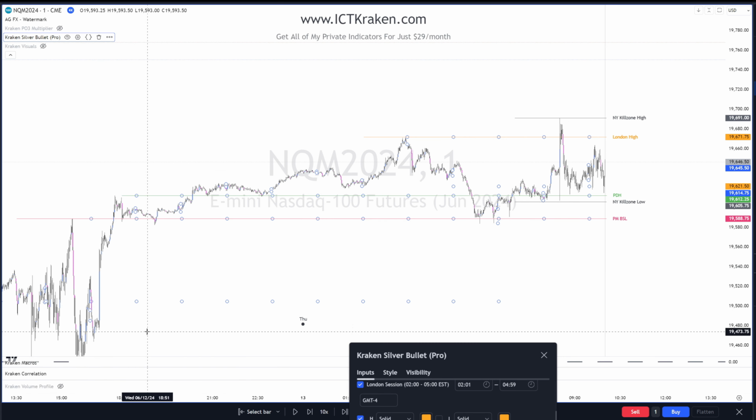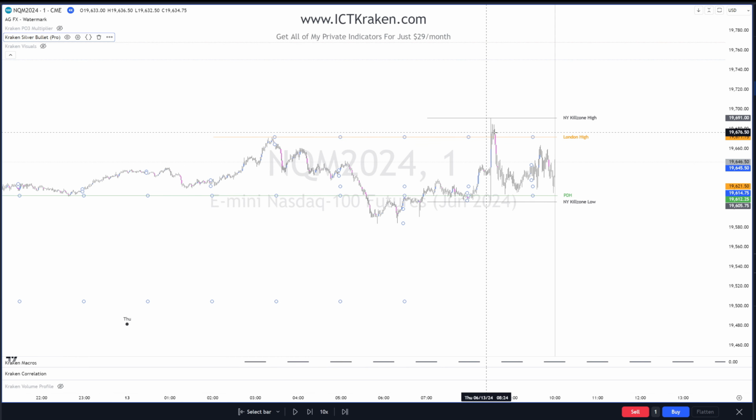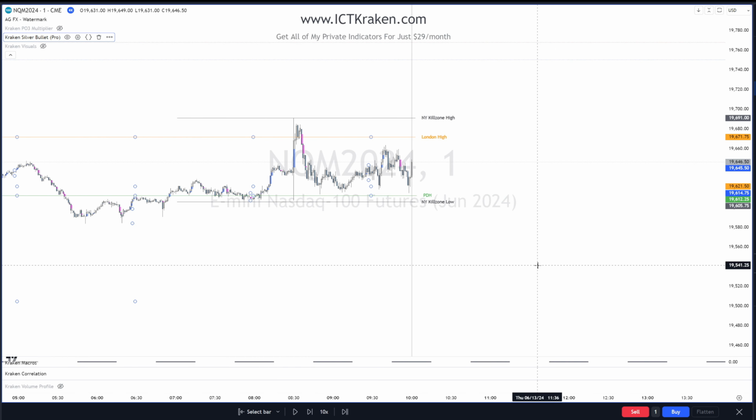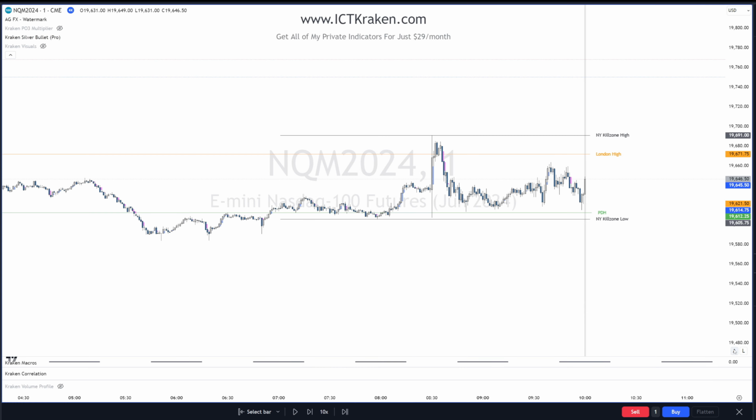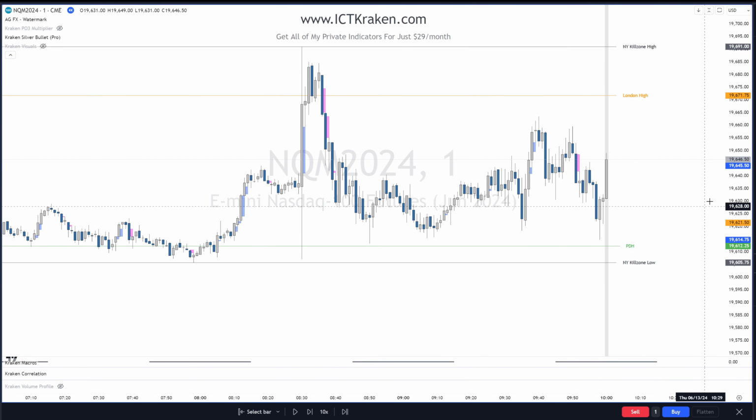Okay, so we get down here, this is just going to run. The huge fair value gap right here. So, all right, we just took out buy side liquidity. Obviously, ideally I would be looking for shorts. We have a fair value gap right there that we're trading into right now at 10 o'clock. Let's see how that reacts.